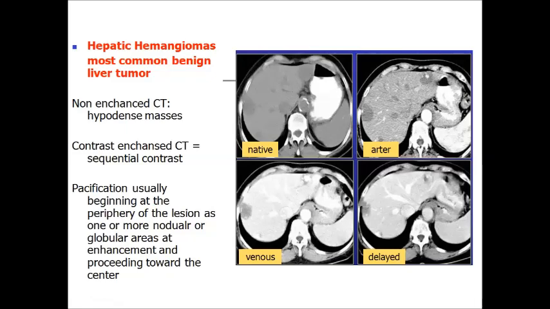Hepatic hemangiomas are the most common benign liver tumors. On non-enhanced CT they may be found as hyperdense masses. Usually, hemangiomas show no difference between the arterial and venous phase of contrast enhancement, and only in the delayed phase